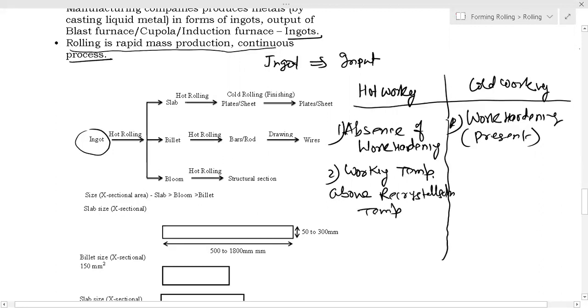Already I have discussed the recrystallization temperature as that temperature at which... Sir, what is work hardening? Already I discussed it, Parveen. You missed the class. Already I have discussed work hardening. You joined late. Anyway, you can watch the recorded video. It is being recorded. Okay, Parveen? Can you hear me? Already I have discussed work hardening and strain aging.